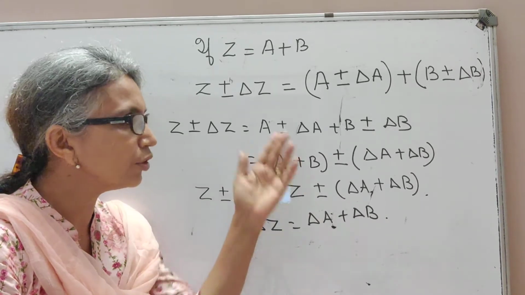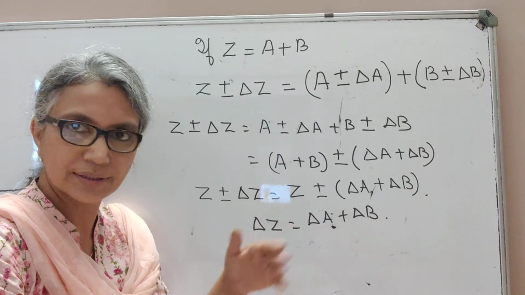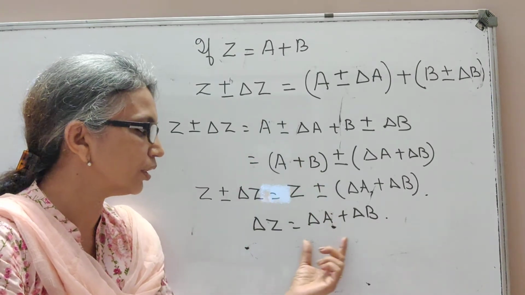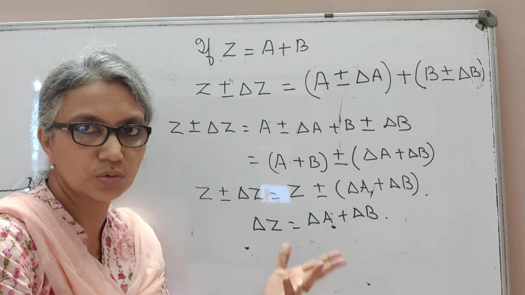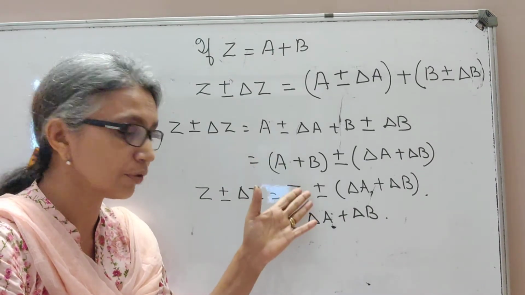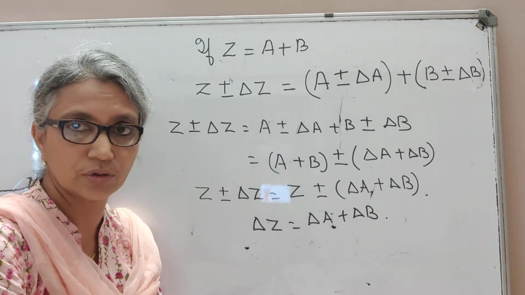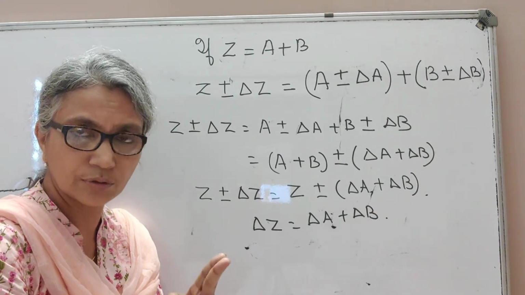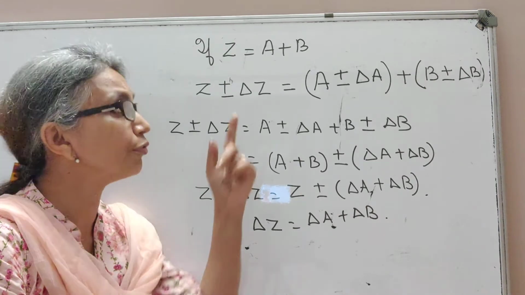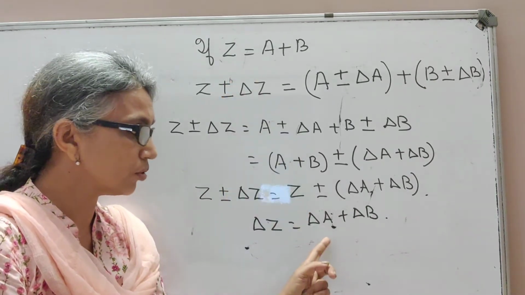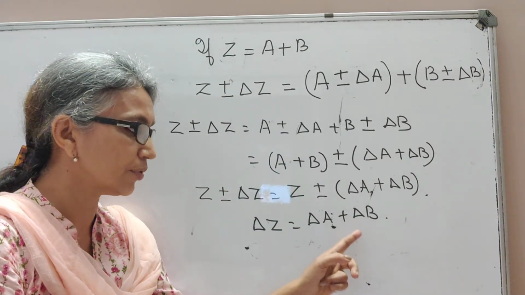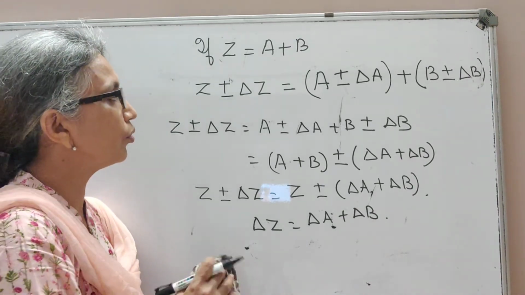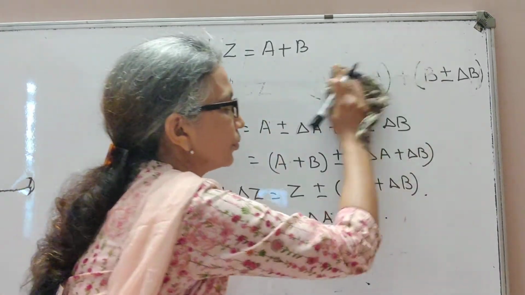Now the good thing is, I think you don't need the derivation. It's there in the textbook, but most schools don't teach the derivation, but you will need this information to do sums. So please check if your school is teaching the derivation. In that case you learn. Otherwise just remember the final answer. That is, whenever you add two quantities to get a final answer, the sum of the absolute errors in the two quantities will give you the error in the final result. Okay. Same thing if you're going to do for subtraction.